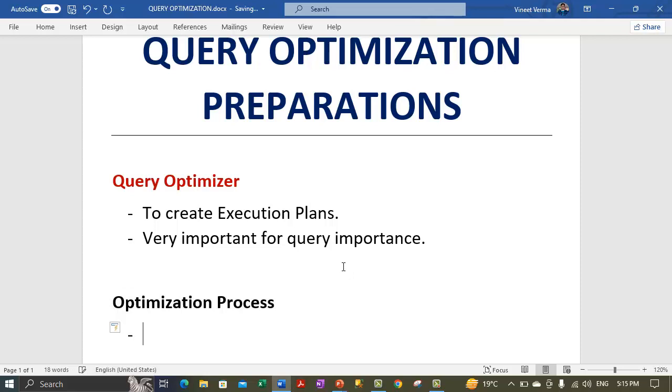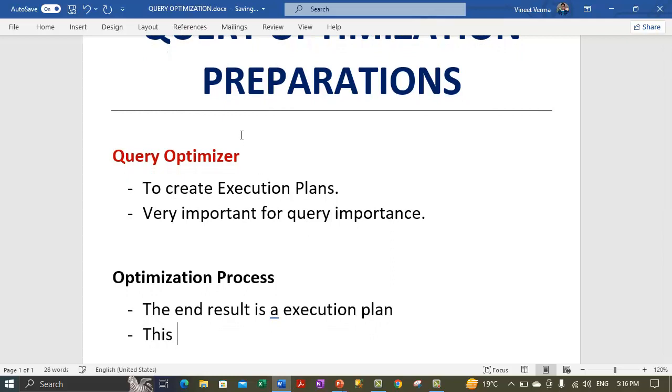The end result of the optimization process is an execution plan, not a query plan. So the optimization process ends up in an execution plan,